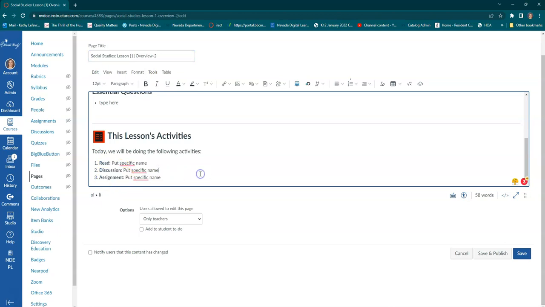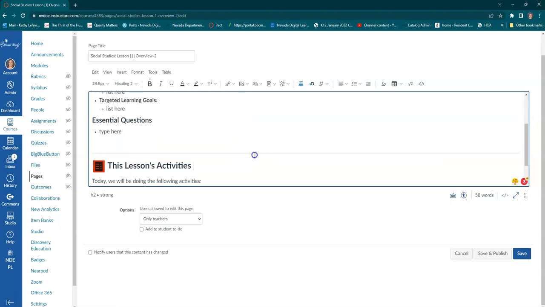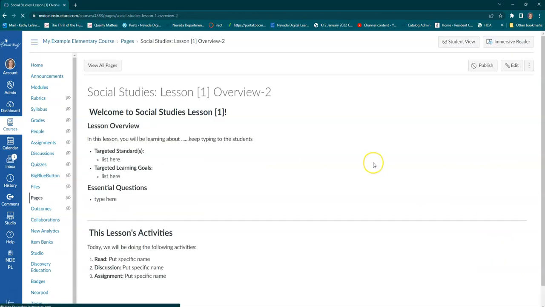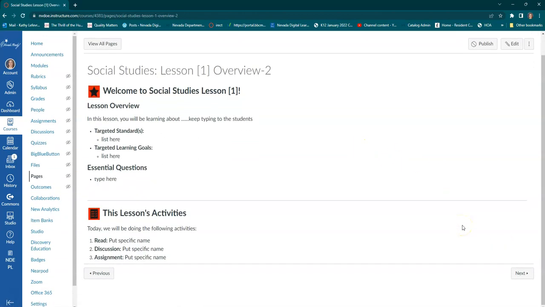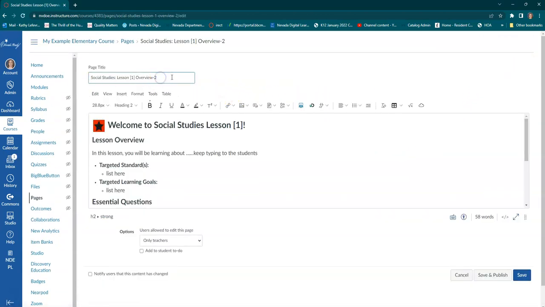Okay. Now, if you want to make these bigger font, then do it. Depending upon the kids, you could put larger font there. For the smaller kids and stuff. So, yep, I like that, the 14 point. So you're going to actually add more there than what I just did. Okay. And I actually want to get rid of this because it says page 2. Overview, lesson. Okay, so I got to give it a specific name here. All right, so